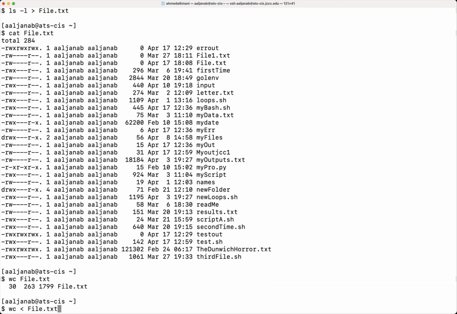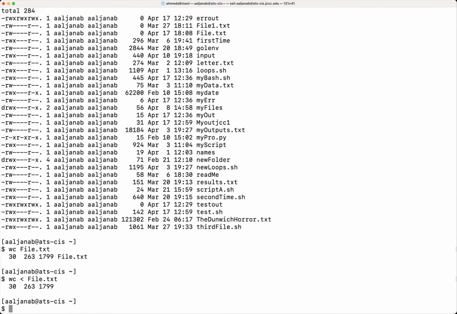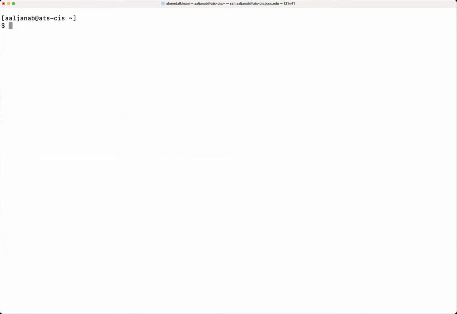Now, the difference between those 2 commands, as we said before, is that the first one is going to take the file as an input. The second one is going to take the content of the file as an input without the file itself. So when you print the result, you can see that it's not going to print the name of the file, because by redirecting the file here, we're simply taking the content of the file without using the file itself. So this is something we covered again, remember, when we talked about redirections. Also, we said we can redirect output messages and error messages together using the same sentence.